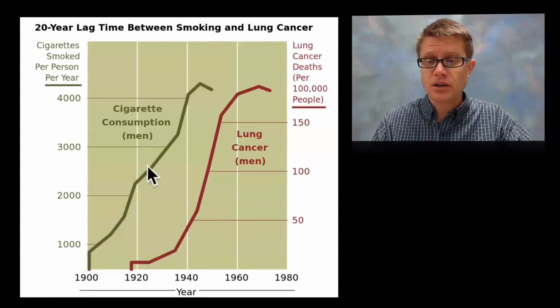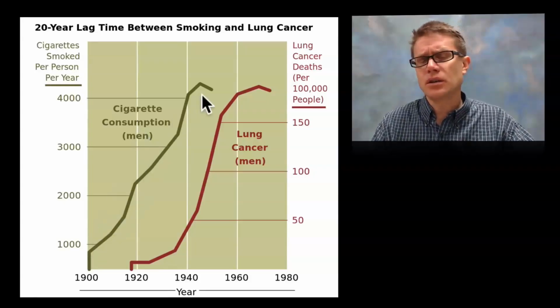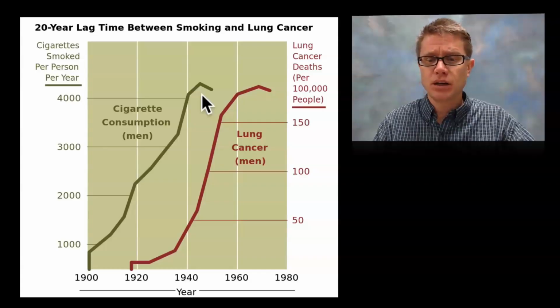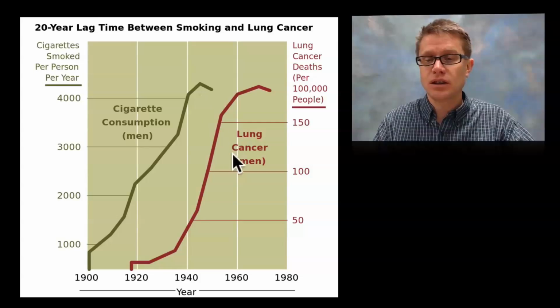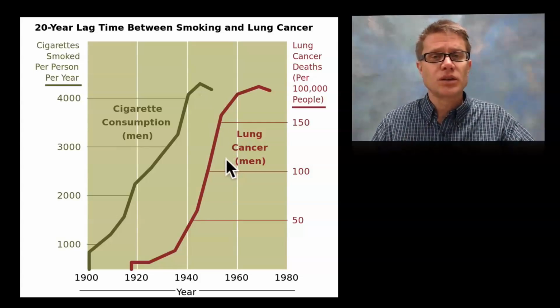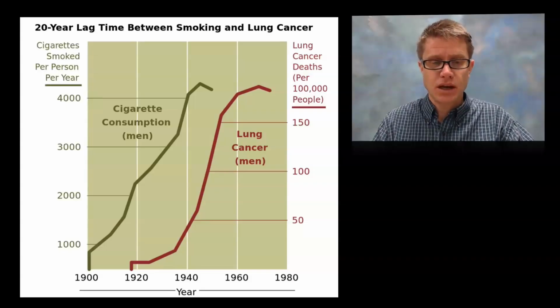This is the increase in the popularity of cigarettes. And so this is the number of cigarette smoking per person per year. And so as they were doing that, they were increasing the mutations inside their body. And we can look decades later, we see the causation. We can see an increase in lung cancer in men as well. And so as we make those mistakes in our cell, we form these cancerous cells.